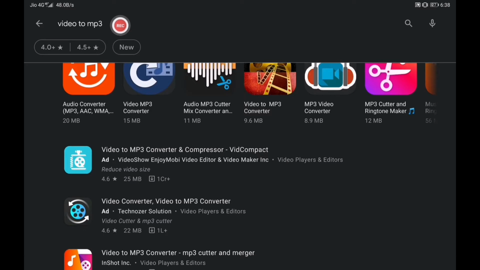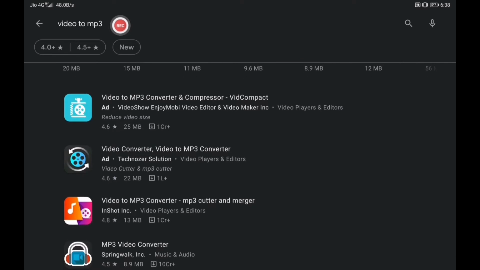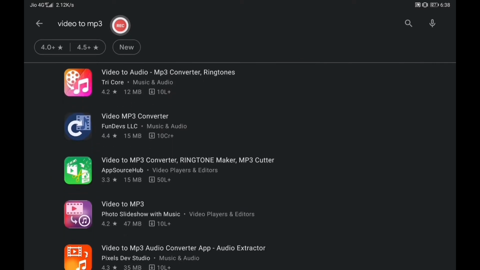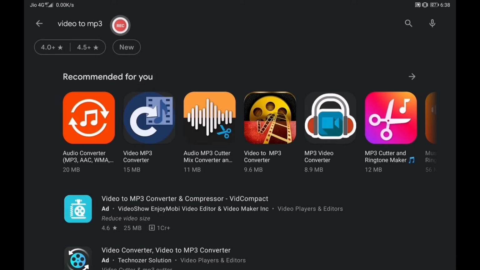You are getting suggested a lot of apps, but believe me, I have tried every one of these apps. What these apps do is compress the audio and thereby reduce the quality of the audio. But we don't want to reduce the quality of the audio; we want to remove the noise and then improve the quality of the audio. So we would go to our second tool to convert this video into audio without degrading the quality.